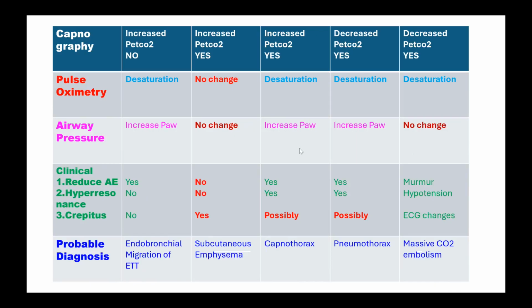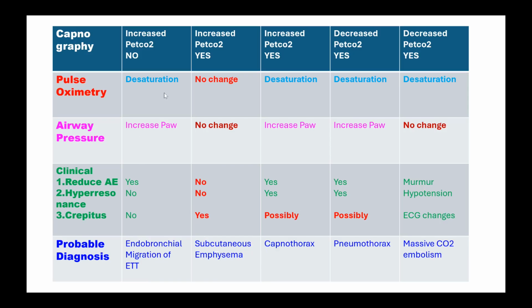And the reason for using capnography, and the changes that happen, especially during laparoscopic procedure. This picture is taken from Miller, and what are all the changes that will happen? This is very easy to identify the location of the problem. So if the patient has an endobronchial migration of ET tube because of this deep head down position or change in position, what are all the things that will happen?